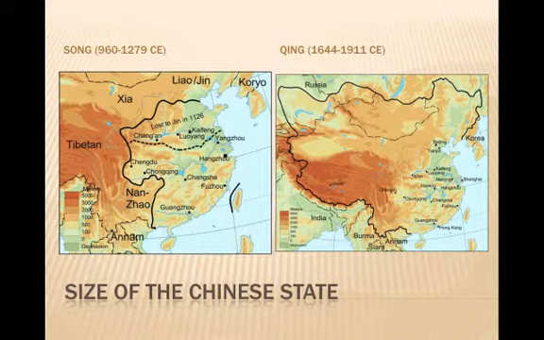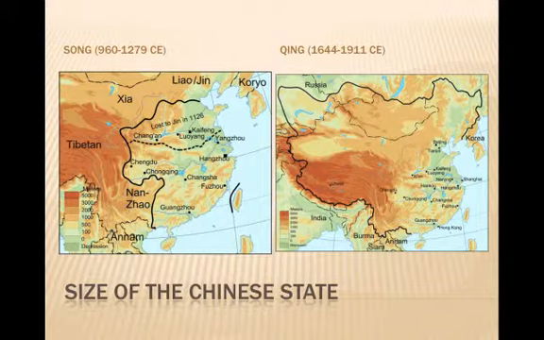More importantly than just the number of people, the size of the territory administered by the Chinese imperial bureaucracy grew dramatically, especially between the Song dynasty and the Qing dynasty. Here you can see the Song really governs what we'd mainly consider eastern China, and the Qing dynasty, as you recall from the Miller reading, dramatically expanded the borders of the Chinese imperial state to encompass large parts of Central Asia, Mongolia, as well as Tibet and parts of southwestern China.